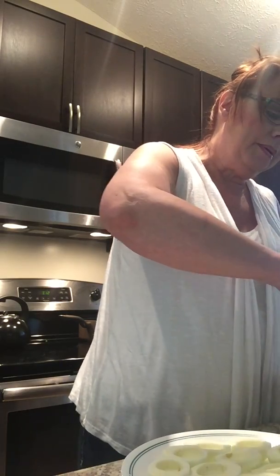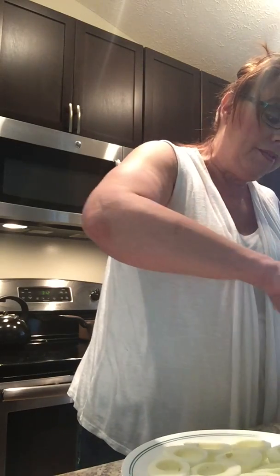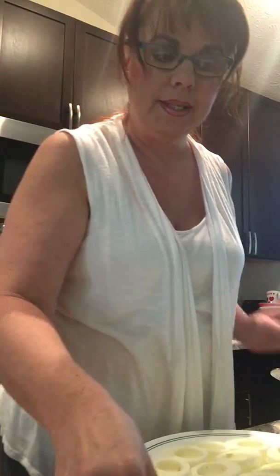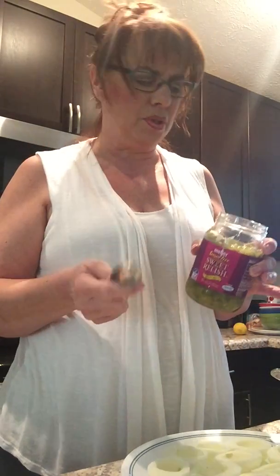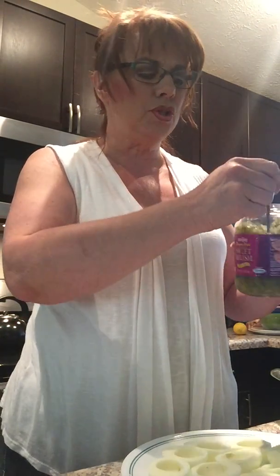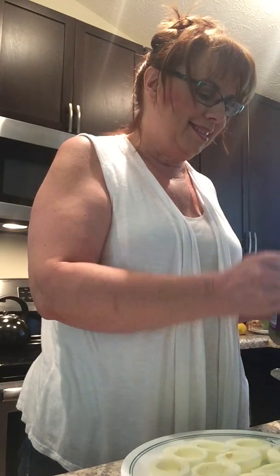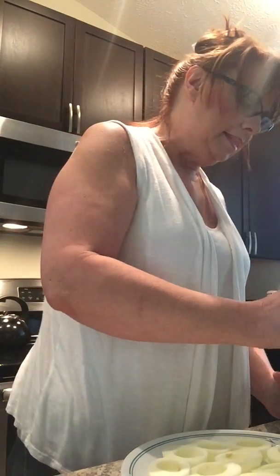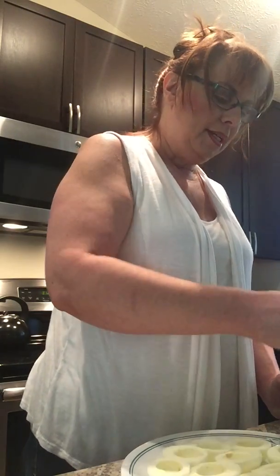And mix it up. And one of the secrets for making a really good deviled egg is, well, actually a couple secrets. Even if you don't like sweet relish, I mean, if you hate it and despise it, then of course don't use it. Just quit right there. But just for a little bit of extra flavor, sweet, this is actually sugar-free. I didn't even know that, and I've been eating it. But sugar-free, whatever you want. This is more like a heaping tablespoon of sweet relish,